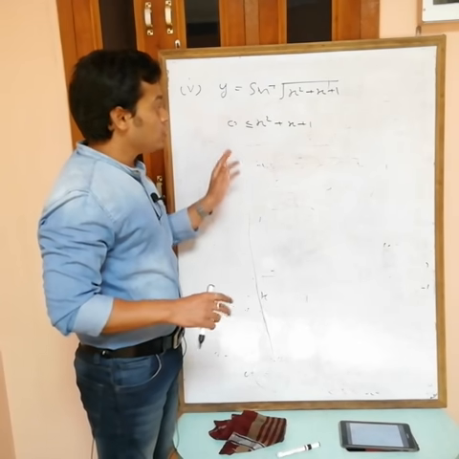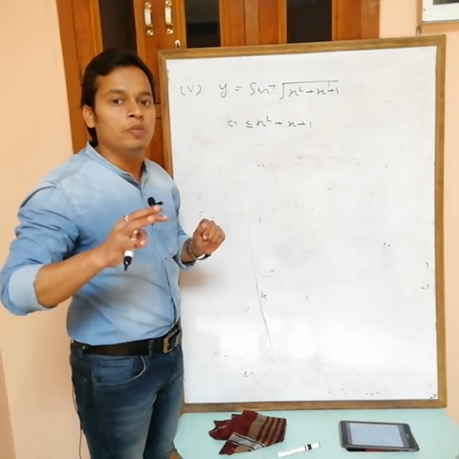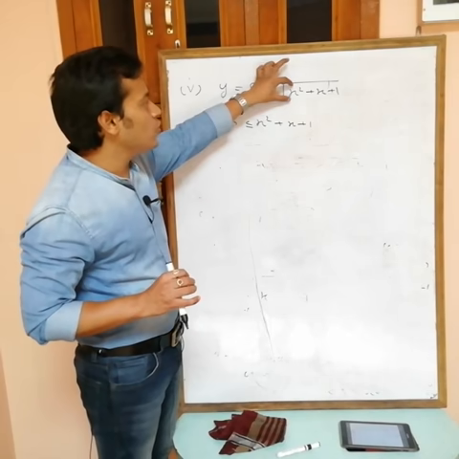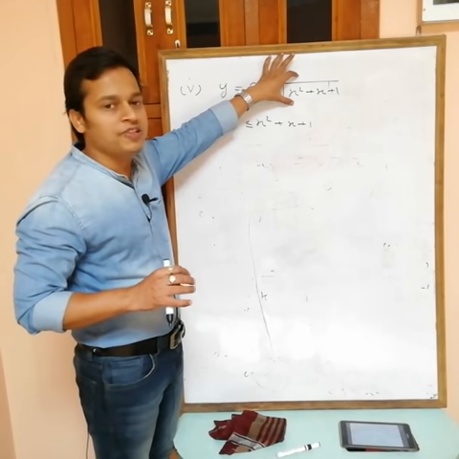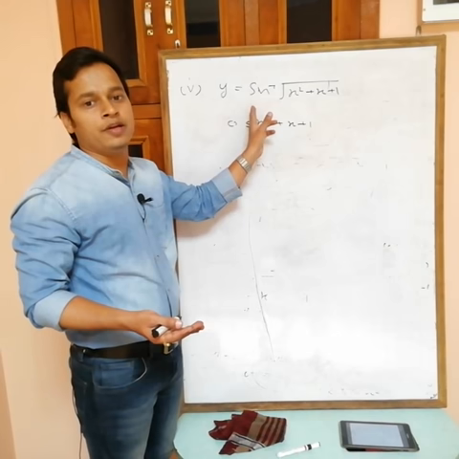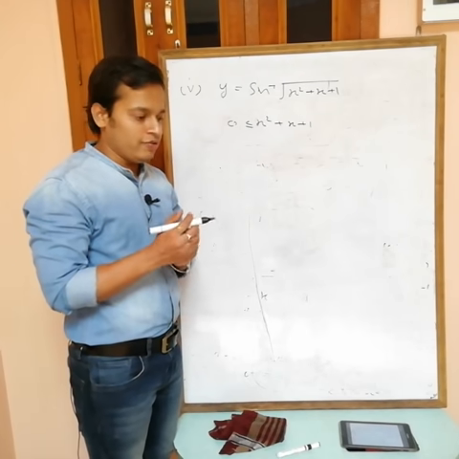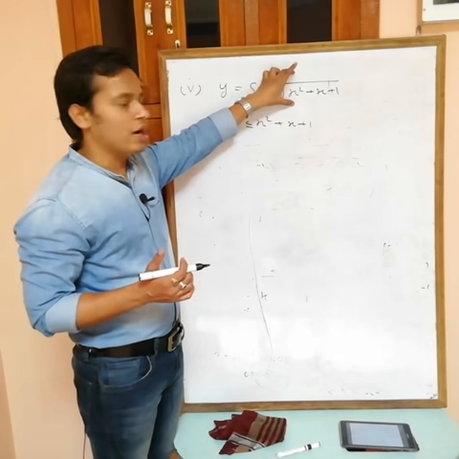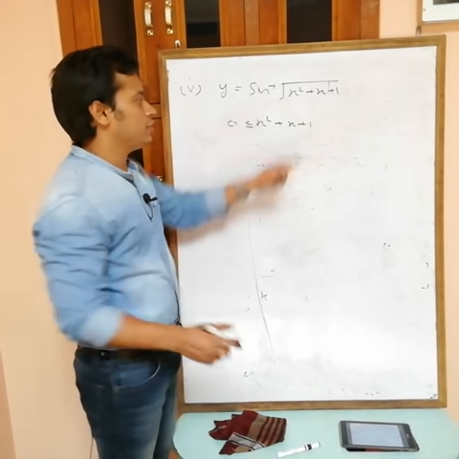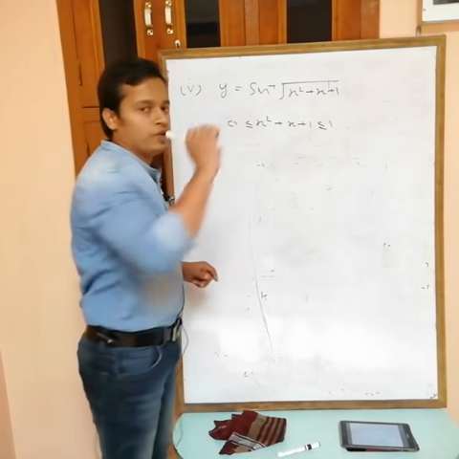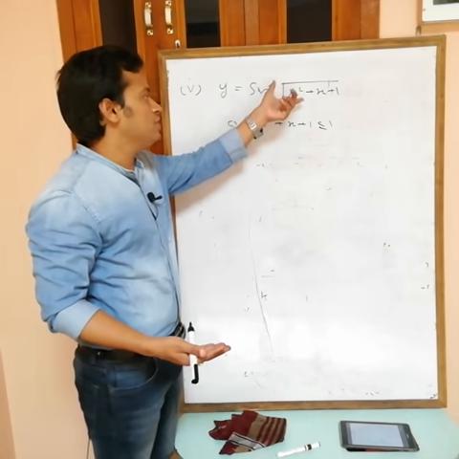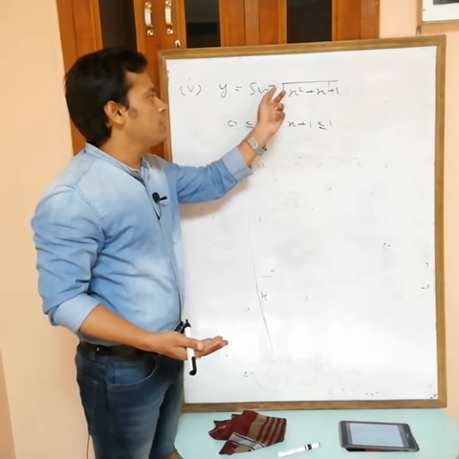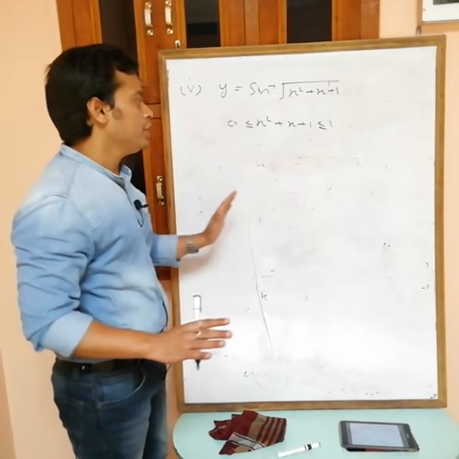This one must be greater than equals to 0, but can't be greater than 1. Because if this one is greater than 1, then the root of this one is also greater than 1, then sine inverse is not defined, because sine inverse is defined only for minus 1 to plus 1. So this total value can't be greater than 1, so it must be less than equals to 1. If equals to 1, then also no problem. If this equals to 1, then root 1 is 1, sine inverse 1 is pi by 2, no problem. Okay. Now, solve this one.